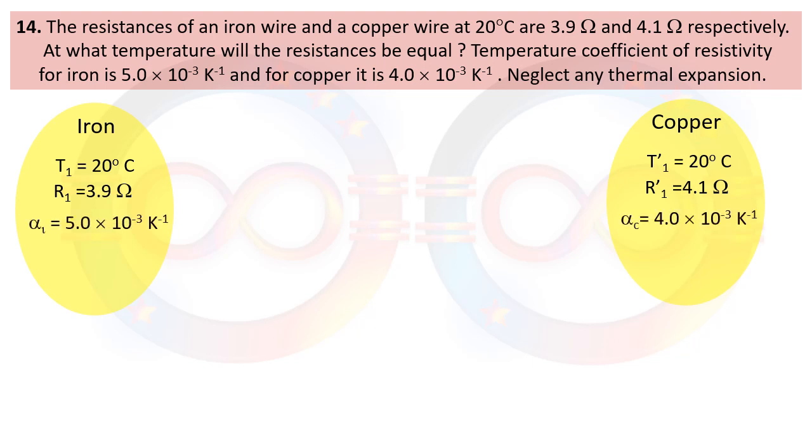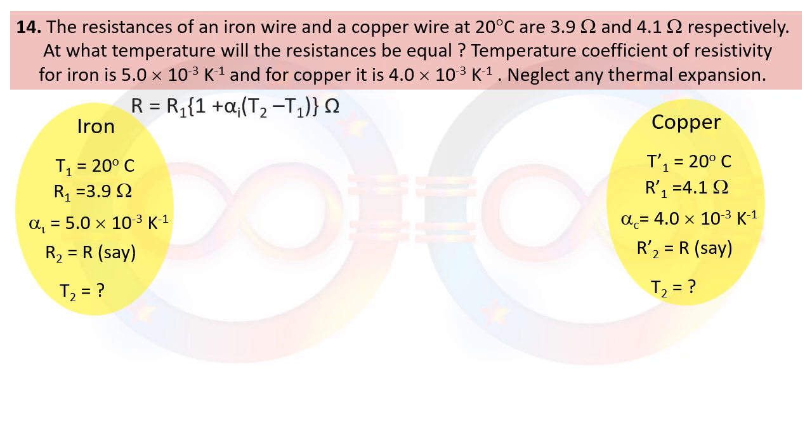For iron, the temperature coefficient of resistivity is 5 into 10 raised to minus 3. For copper, it is 4 into 10 raised to minus 3. We have to calculate the resistance after temperature T2 when they are going to be same. Same value that is not given, but we can consider that they are going to be R, then what is the final temperature? So for that we are going to take the formula as R is equal to, or R2